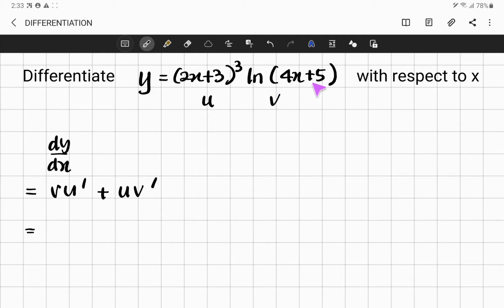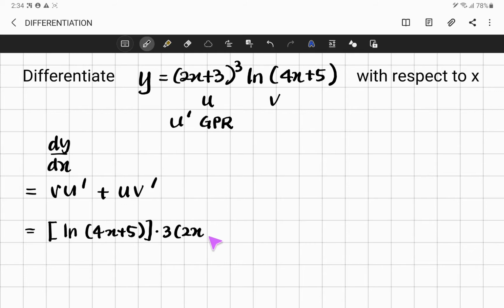v, which is ln(4x + 5), and u is (2x + 3)^3. If we differentiate u, we are going to use the general power rule. So using the general power rule, write down the power, copy down the function 2x + 3, the power minus 1, power 2, and differentiate 2x + 3, which is 2,